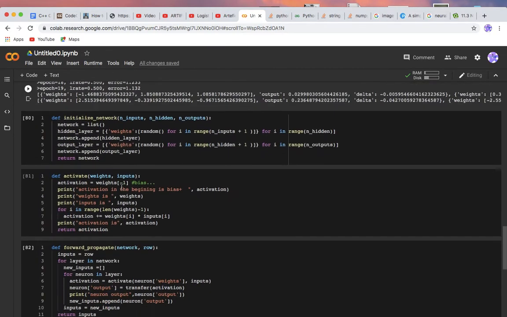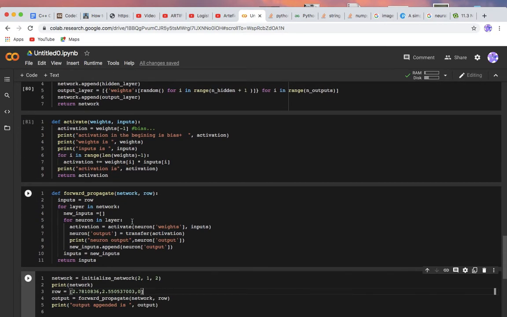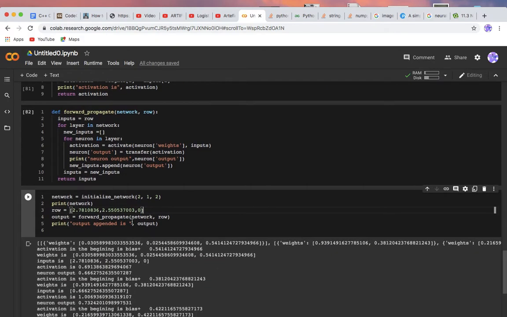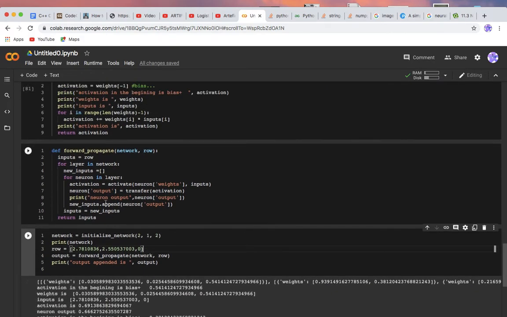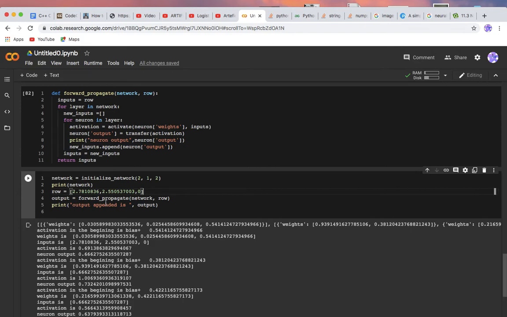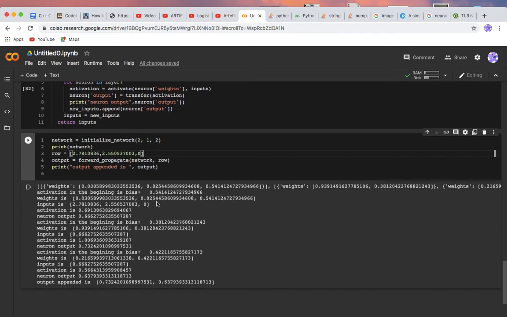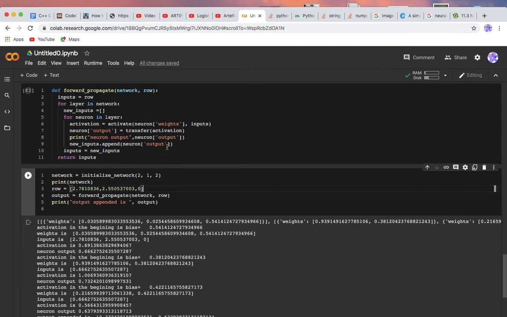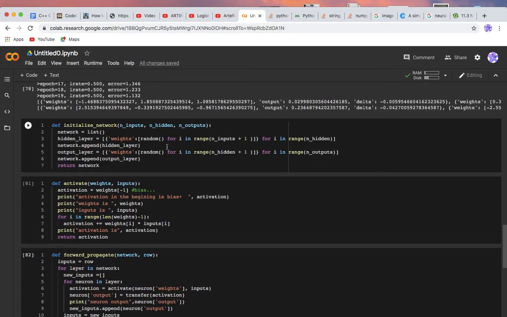Got it? So in this video, I have explained only the forward propagation, how it works. And I had also explained it in the form of matrix in the previous videos. You can watch that for your reference, because that would clear your concept. That was in detail as well. So this is one of the projects. We'll discuss the back propagation part in the next video.